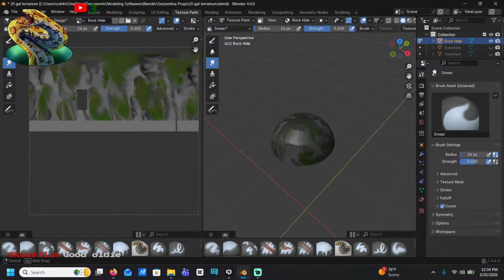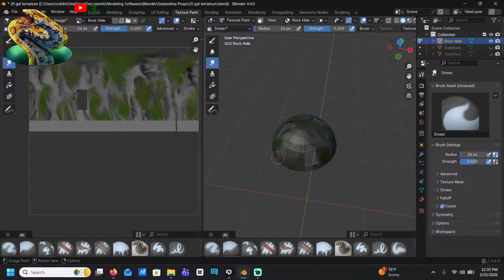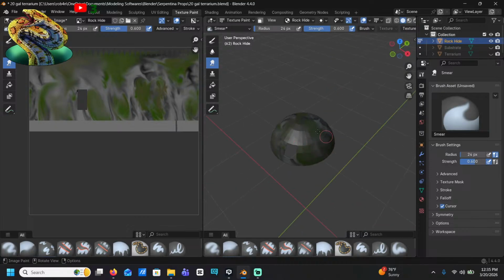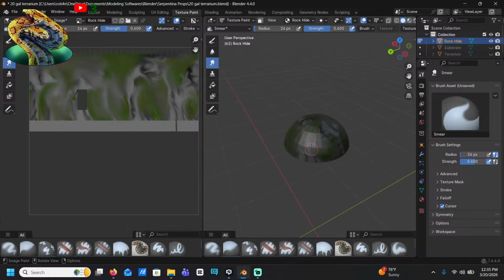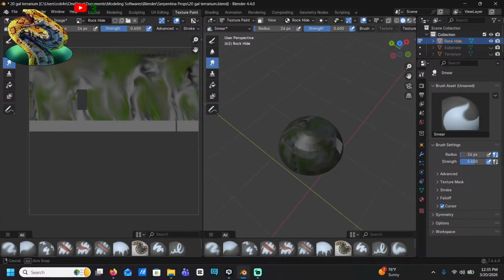Behold, a marbled-ish rock. Marbled a little bit better. I'm gonna have to go get a normal texture for this. Okay, I save.